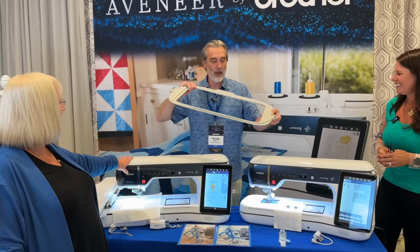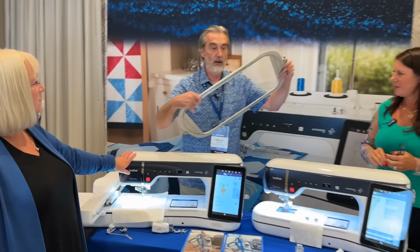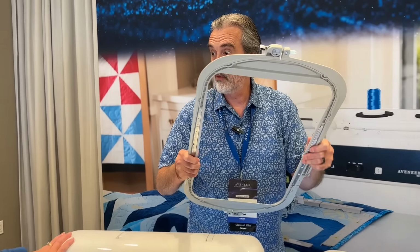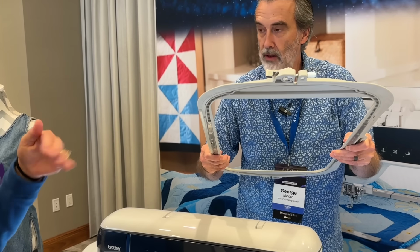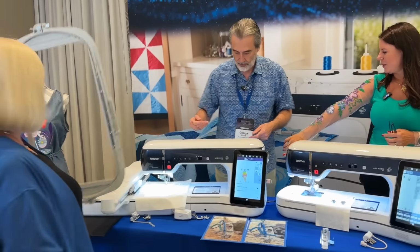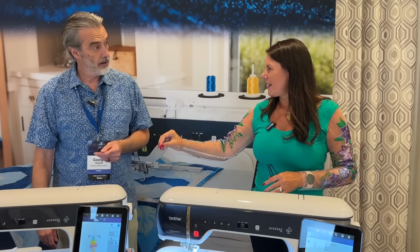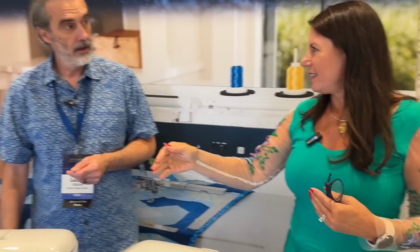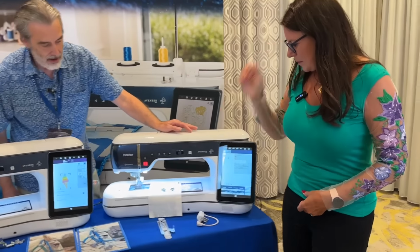And they expanded on their latch. Now it's on both sides. It's much more sturdy. They really reinforced the hoop. And there's tabs on the back side to keep your stuff in so that it won't slip out. Nice. That's so wonderful. So they've redesigned this. Totally. I embroidered these sleeves on there. Very nice. And that added table in the back. Yes. I embroidered all the way to the end of that hoop. There was no wobbling. It embroidered just beautifully. Wonderful. So what we have over here is we have their